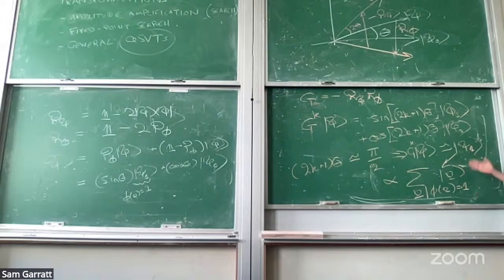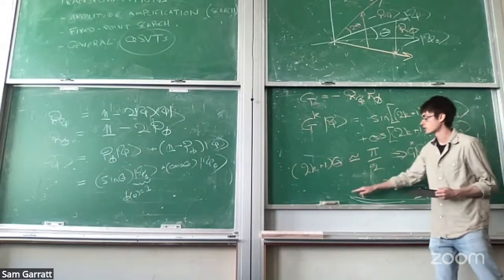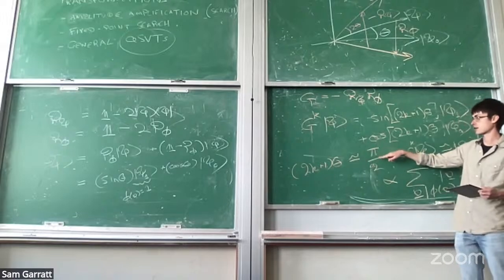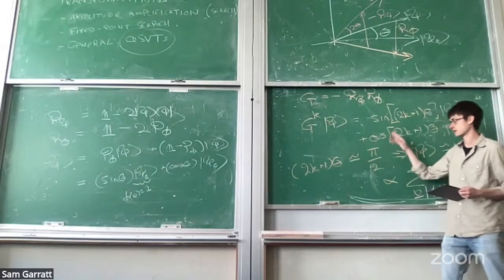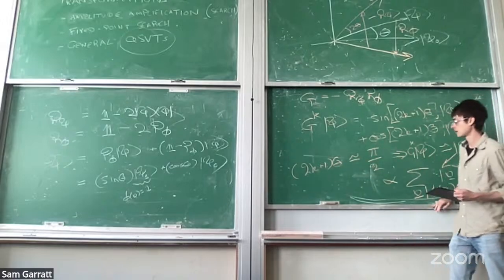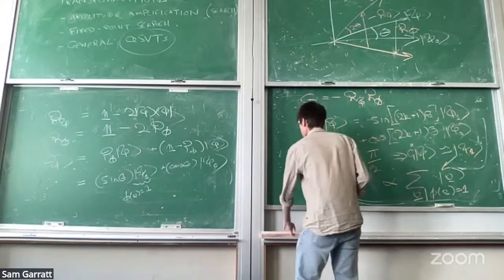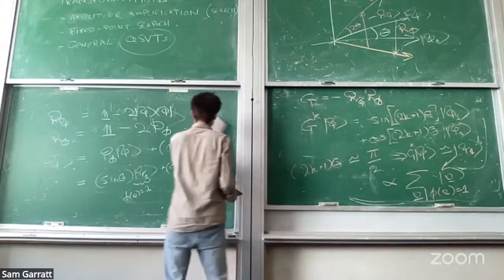Okay, so this is really all there is to Grover's algorithm. The point is that you can see from here, you should just choose the number of steps to be basically pi over 4 times theta. So let's now compare that again to unstructured search. So what we've seen so far